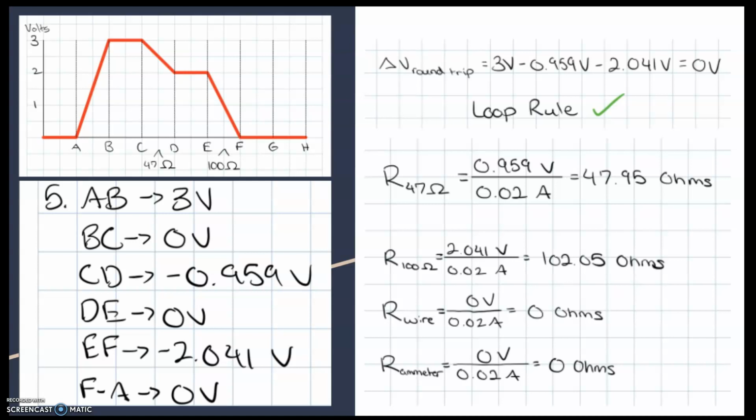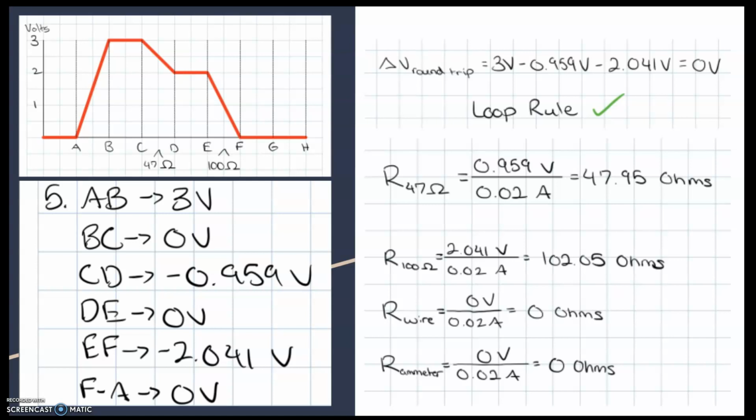Beneath that is a numerical representation of the graph, where AB is 3 volts, CD is negative 0.959, and EF is negative 0.2041. At the top right, if you sum up all of the voltages, it adds back up to 0, which satisfies the loop rule. And beneath that are the calculations for the resistors. The 47 ohm resistor came out to be 47.95 ohms, the 100 ohm resistor 102.05 ohms, and the wired ammeter 0 ohms. I can attribute the miscalculations to